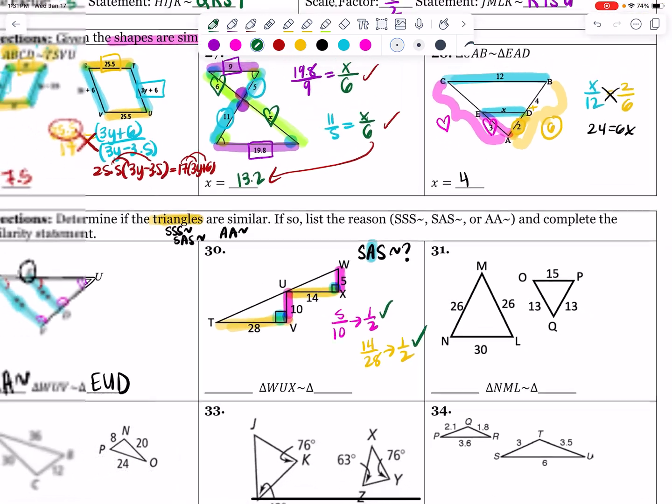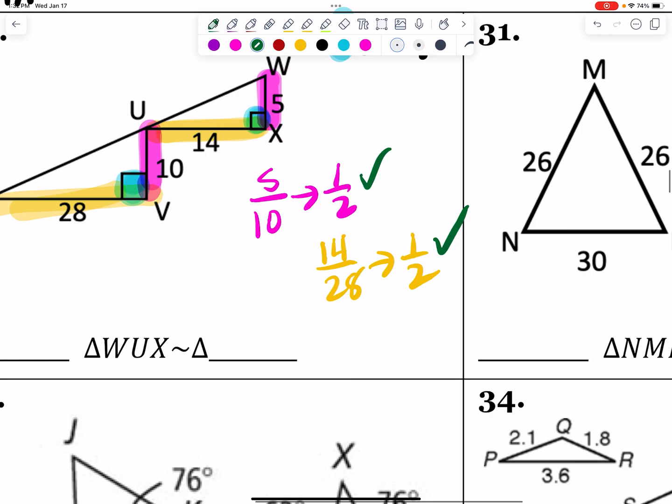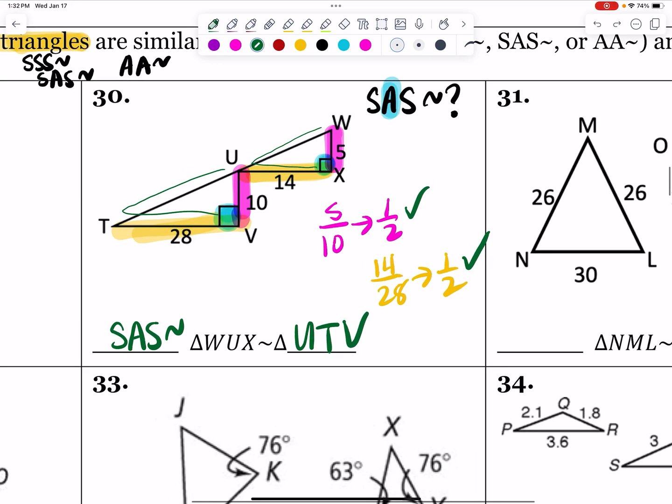it does not specify what the scale factor is or what the similarity ratio is. And so what I get to say is by SAS similarity, WUX is going to be similar to UTV. If I ask you for the similarity ratio, you'd say 1/2. If I said, what is the scale factor, you'd have to know which one is new and which one is old. So new over old would be 1 to 2, or if I flip-flop that, it'd be 2 to 1. But they don't ask for any of that, so we get to stop at just saying that they're similar by